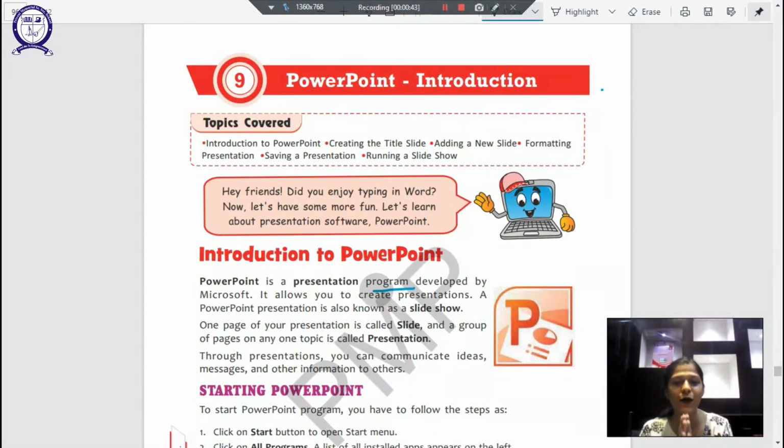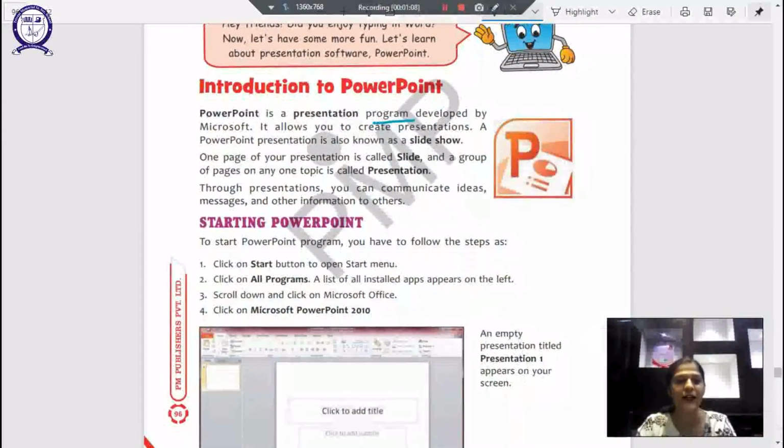And you already know that graphics are much easier to understand, to see, to learn about the idea than just plain words. So presentation software is an important aspect and something that we all should learn about in our curriculum and in life otherwise as well. So let's begin to learn about Microsoft PowerPoint. Right, so let's get to the text from here.